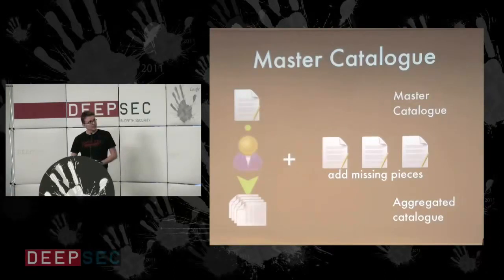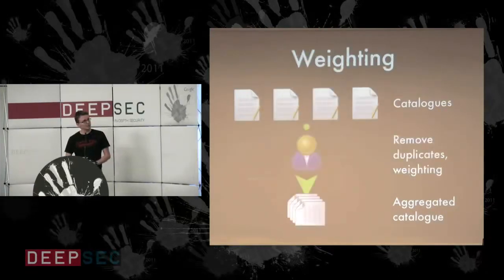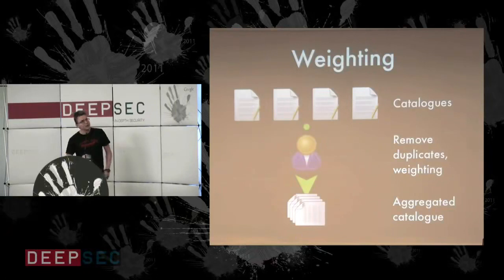And so the next strategy came to mind, which is the weighting strategy. So you take that catalog, or these catalogs, you remove duplicates, you do the weighting, which control is stronger than the other ones, you take the strongest, and at the end you have an aggregated catalog. A friend of mine did this for 3 catalogs. He had quite some time to do so, and the problem is, it doesn't scale. Which means if you have 4, 5, 6, 7 catalogs and they have intersections, it doesn't really work.